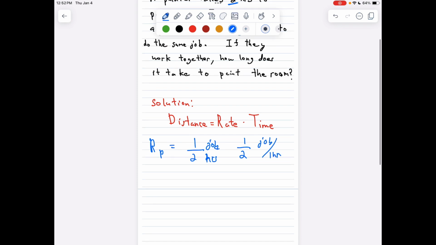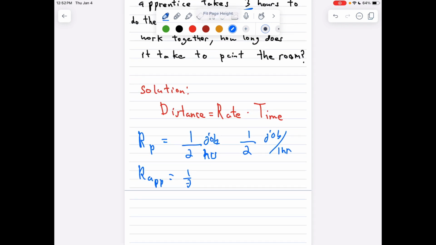Okay. And likewise for the apprentice, it's very similar. It's just 1/3, because it takes the apprentice 3 hours to do the job of painting the room by themselves. So that's how we can form a rate from that time. That one particular job takes a certain amount of time, or the amount of work done per hour is given by the fraction 1/2 or 1/3. Okay, now